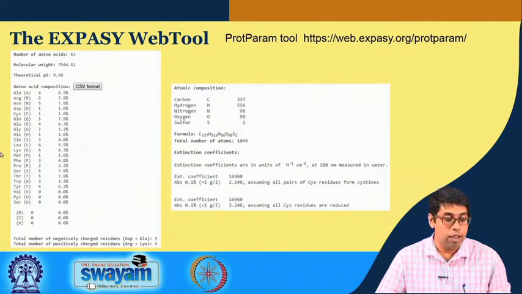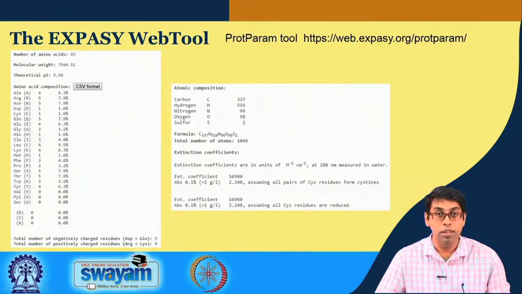The other information you will get is the amino acid composition. So, it tells you how many alanines, how many arginines, how many asparagines, how many aspartic acid are there in this whole sequence. One thing, if you look down here, you will notice that the acidic amino acids present in this sequence are 5, while the basic amino acids present are 9.